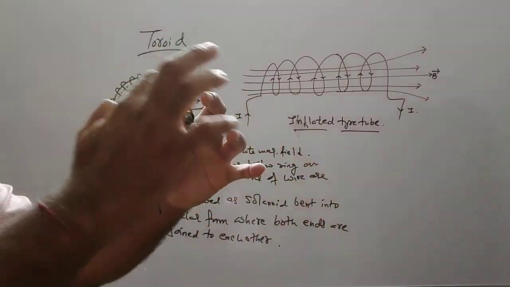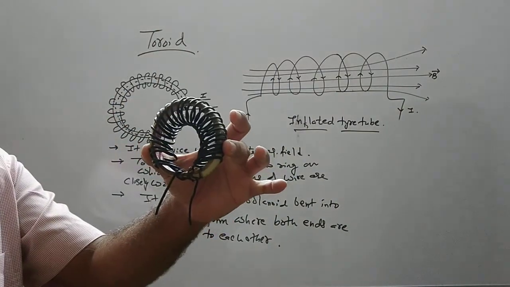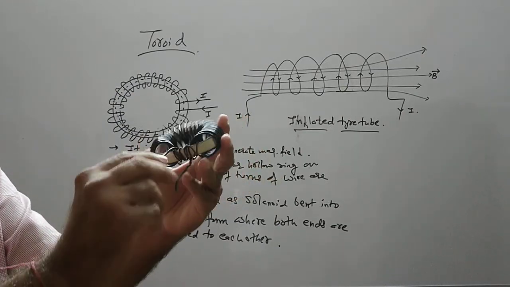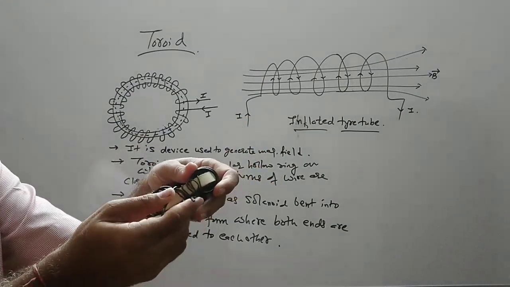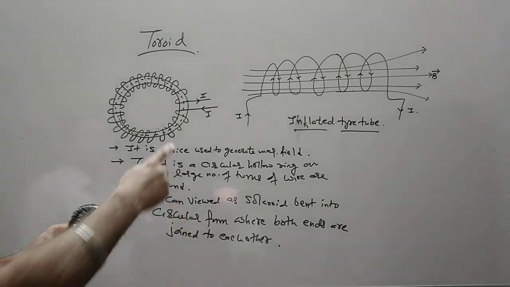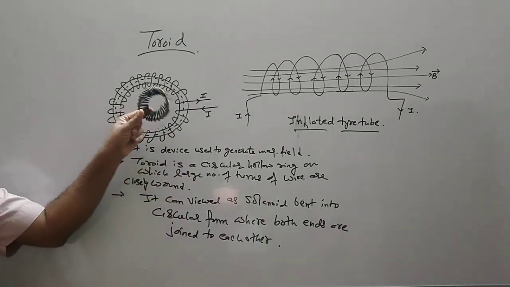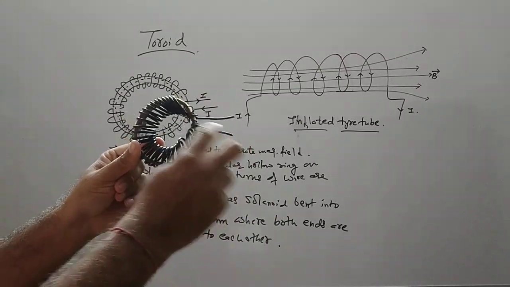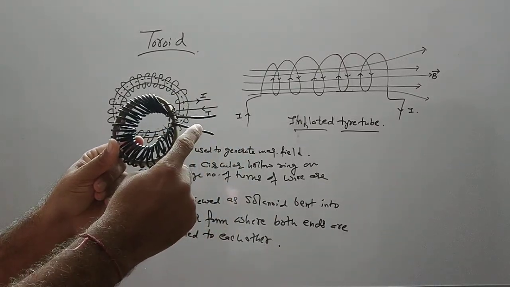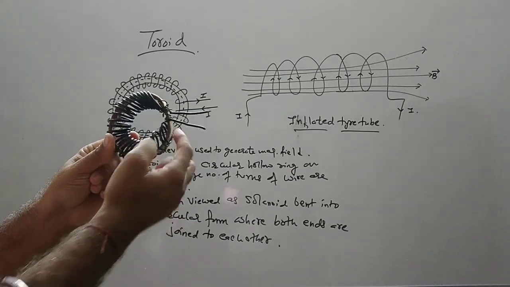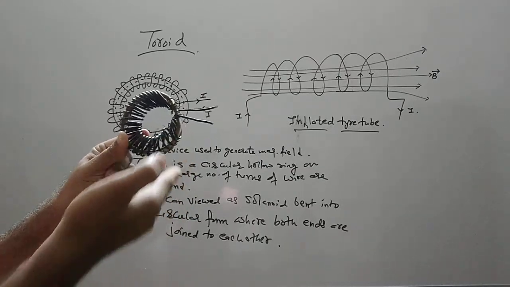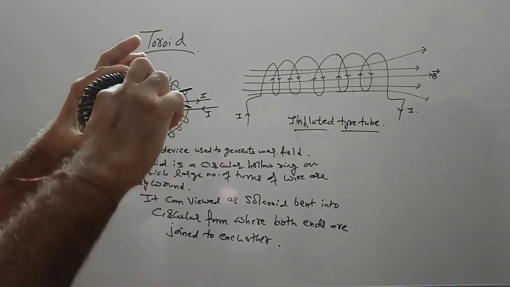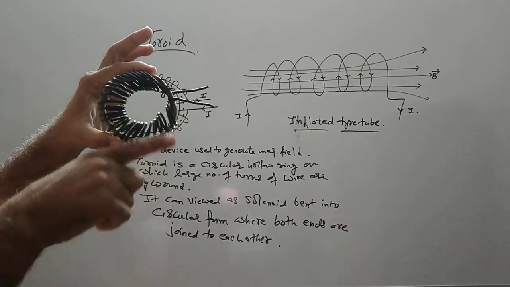So we have to take one base and we have to wind turns on it. These are the two ends for the current. So in the diagram, this is how the situation is. This is how the toroid looks. Now we will send a current from this end. If I send a current from this end, it will come out from downward. So this is a ring, this is one ring. Current will go inside, it will come out from this end.